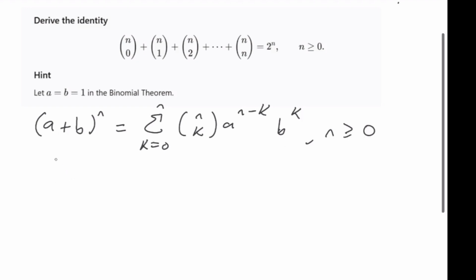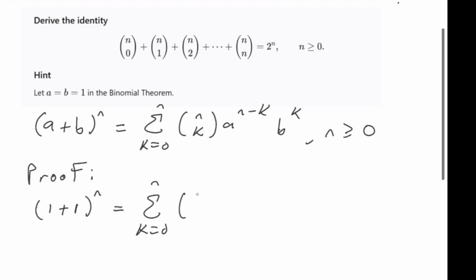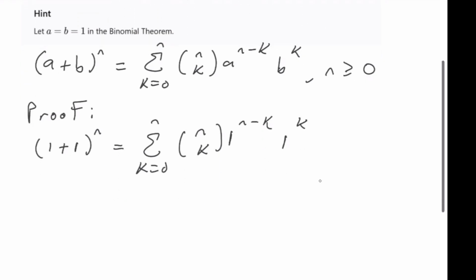Okay, so let's go ahead and start the proof. As you can see with our hint, we're going to let a and b be 1, so that's our real number. So (1 plus 1) to the n is equal to the sum from k equals 0 to n of n choose k, 1 to the n minus k times 1 to the k. All right, so clearly we can see that 1 plus 1 is 2, so this is 2 to the n